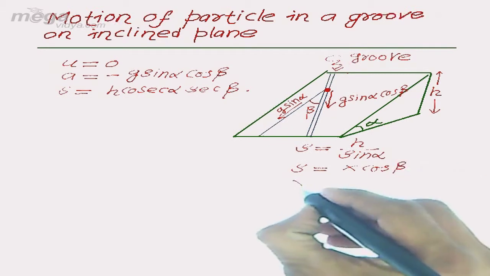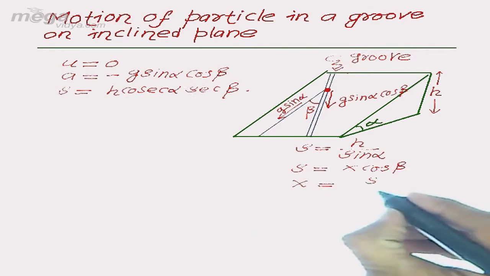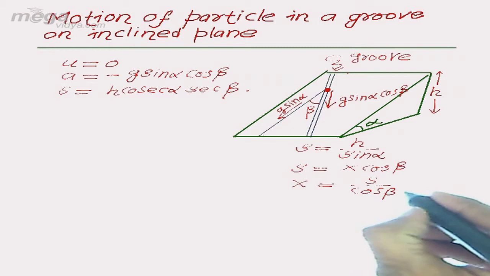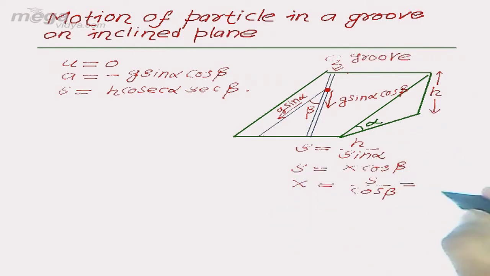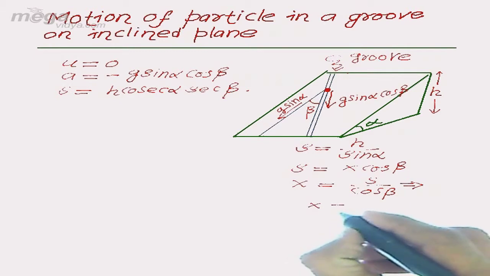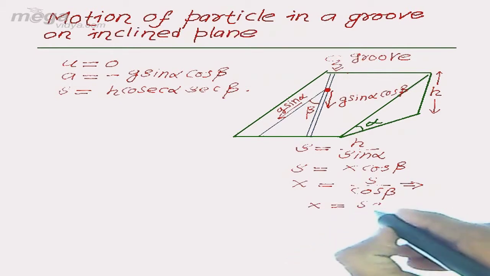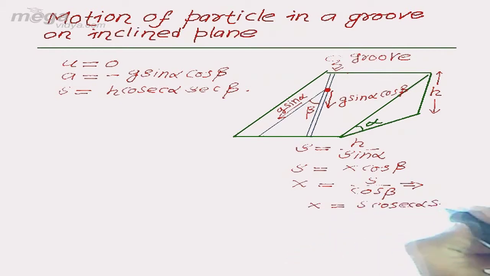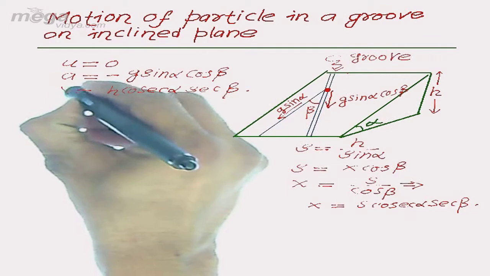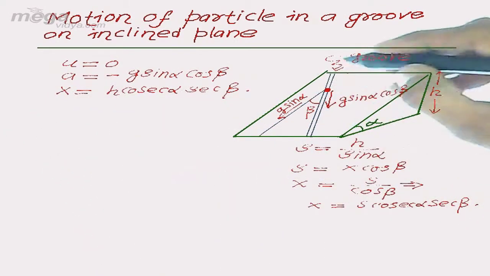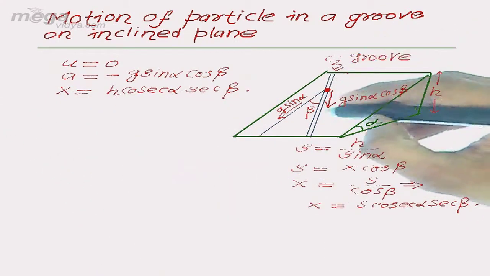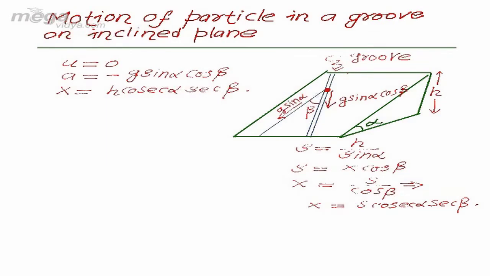So x becomes s upon cos beta and s itself is h upon sine alpha. So we can get x to be equal to s cosec alpha sec beta. From here we are writing this distance x which the particle travels along this groove to be h cosec alpha sec